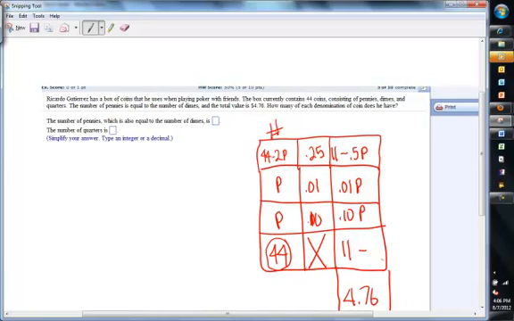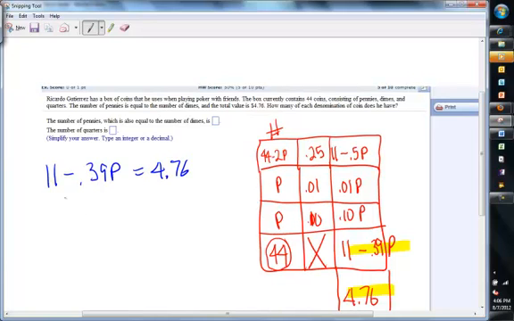0.5 minus 0.01 is 0.49, minus 0.10 is 0.39P. Remember, these two boxes here are equal. So our equation then will be 11 minus 0.39P equals